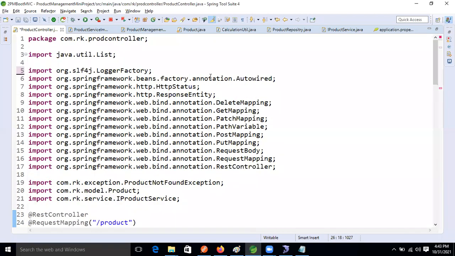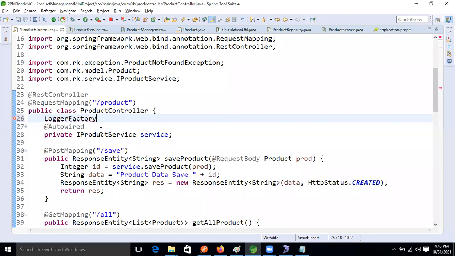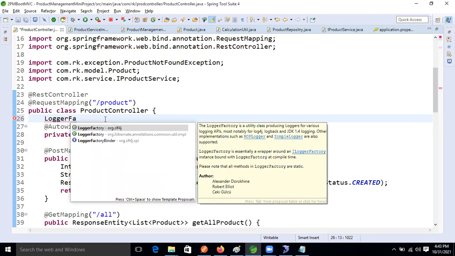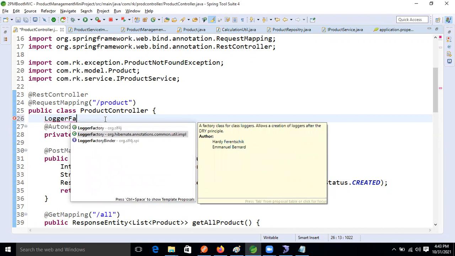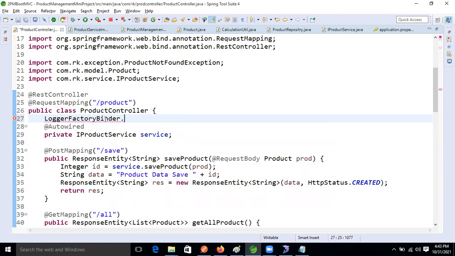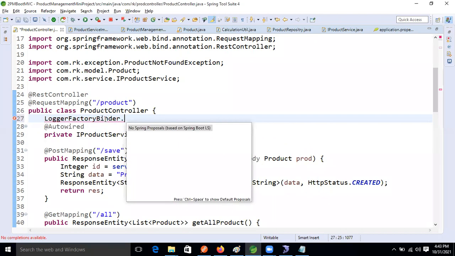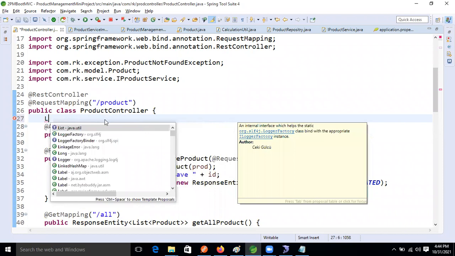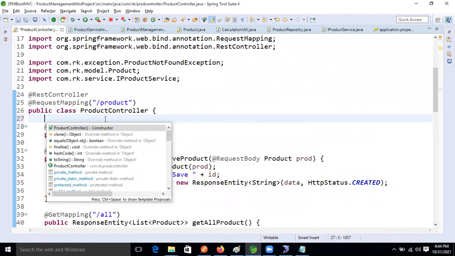It's imported, right? Something is the problem, why is it not giving? It should give. We need to activate it.